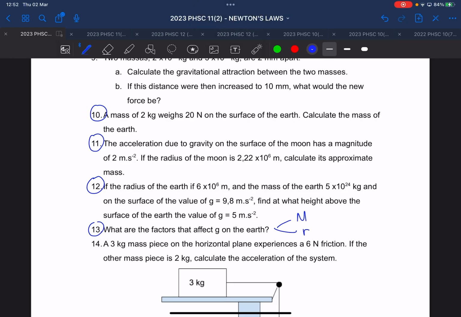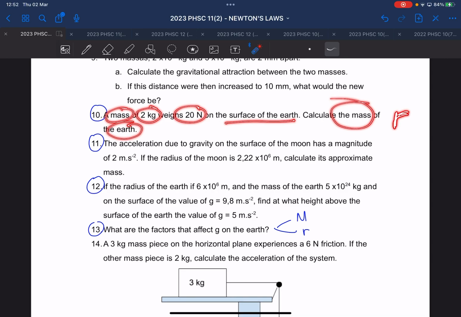Just one more thing. Here they say a mass of 2 kilograms weighs so much on the surface of the earth. Calculate the mass of the earth. Okay. For that, you need the radius. So I want you to look on your data sheet. So quickly take